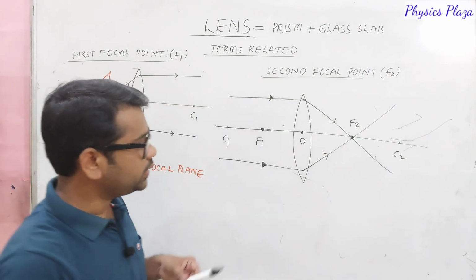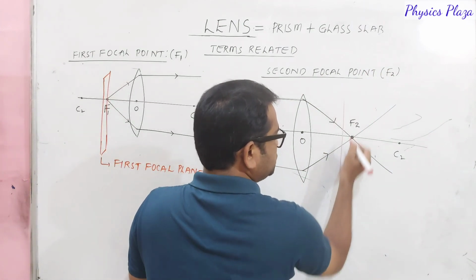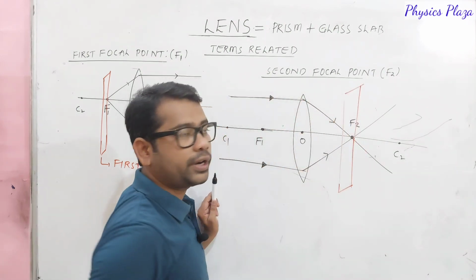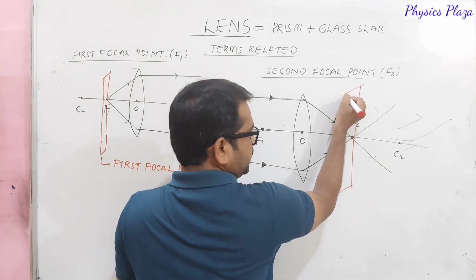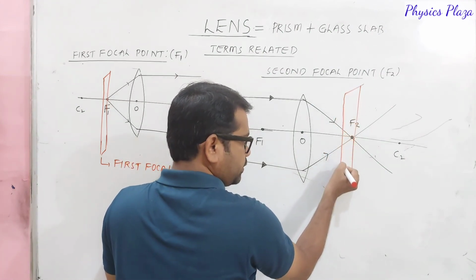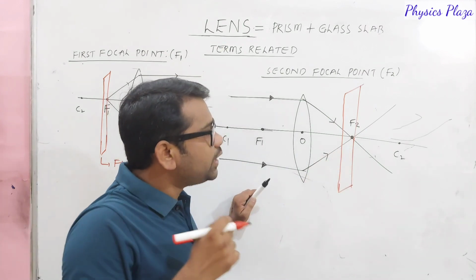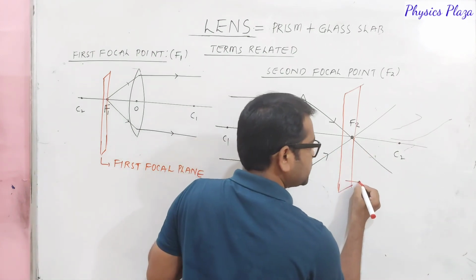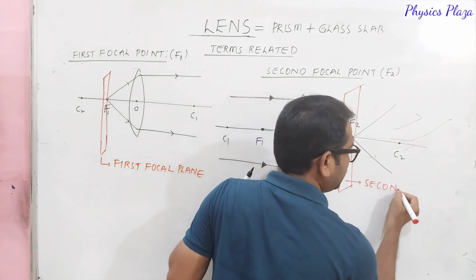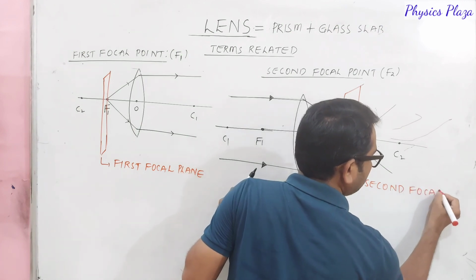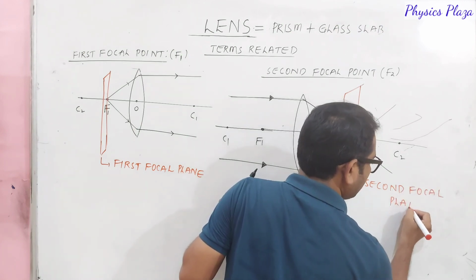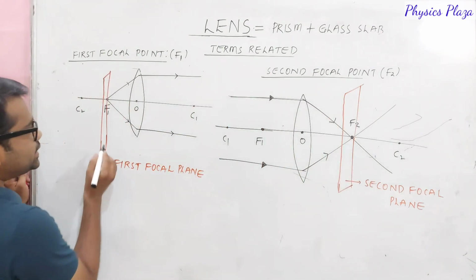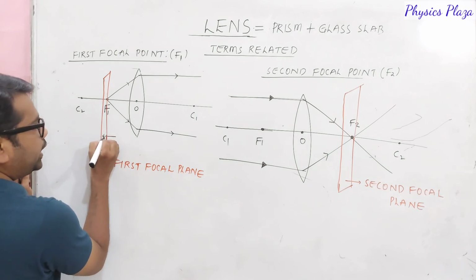Then what is the second focal plane? Children, the plane which is passing through the second focal point and perpendicular to the principal axis is called the second focal plane. Fine. And one more thing we need to understand here: the distance between the first focal point and the optic center is